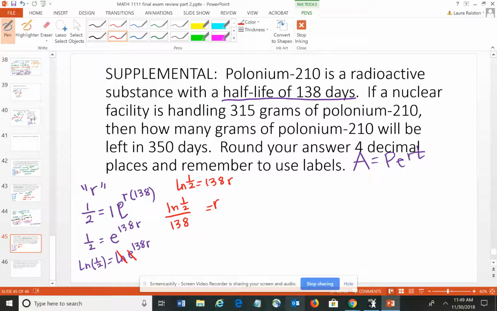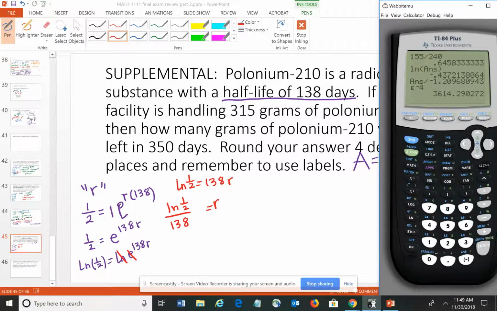And you can do that on your calculator. Again, you want to try to carry the decimals with you, and it's easier to do that if you save it in the calculator. So we do natural log of 1/2 divided by 138, which is negative